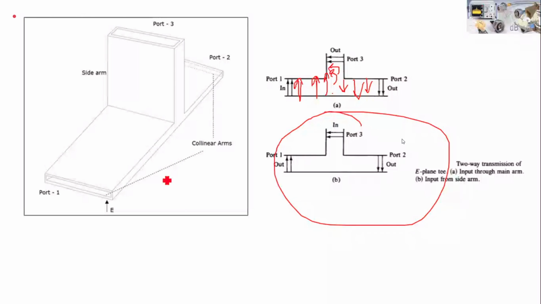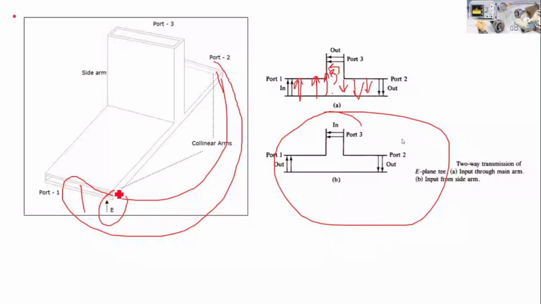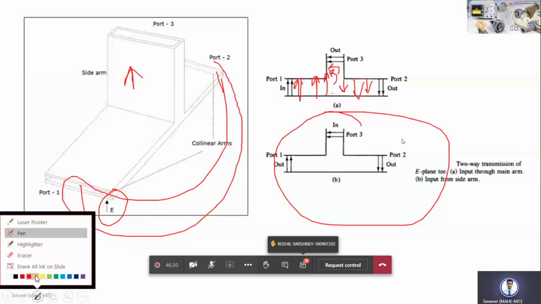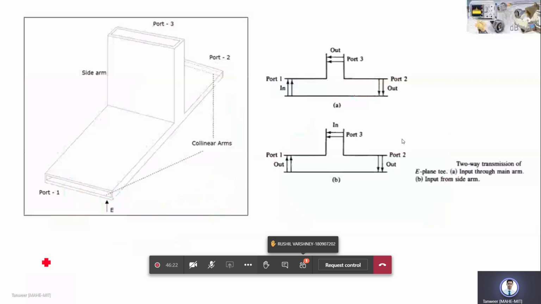So here, if you see the better diagram, this particular port and this particular port, that is port 1 and port 2, are called collinear ports because they are in the same plane, and this is the plane of the field we have applied, and this field is parallel to this. So you can say that the side arm has the same current flow direction, the same electric field direction, as compared to port 1. Now the important thing is that this is the basic definition, and how the characteristics of S parameters vary for this particular device.